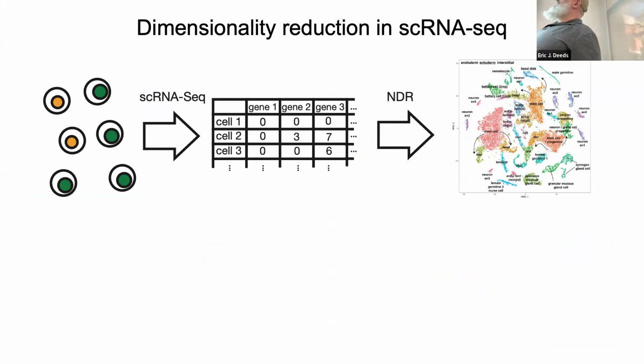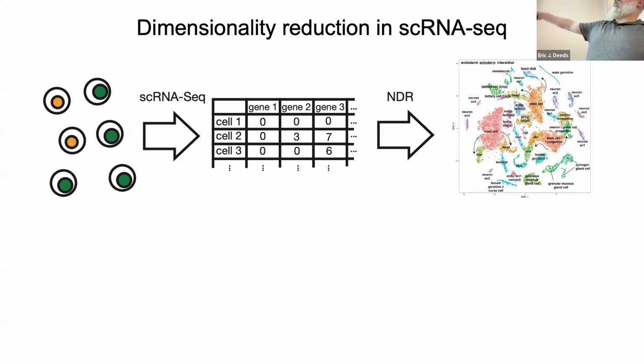So in a single cell RNA sequencing experiment, you start out with all of your cells, you go through this whole experimental rigmarole and all of these alignment steps, and then you generate a UMI count matrix. We might represent this matrix with every row as a cell, every column as a gene, and the entries of this matrix are the number of unique molecular identifiers for that gene that were found in that cell. So you can think of this as the number of unique RNAs that were captured for this gene in that cell. And this matrix represents every cell as a point in a really, really big vector